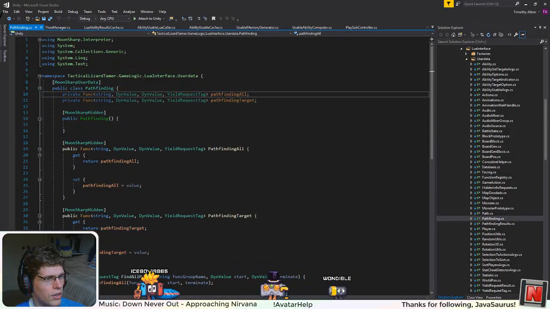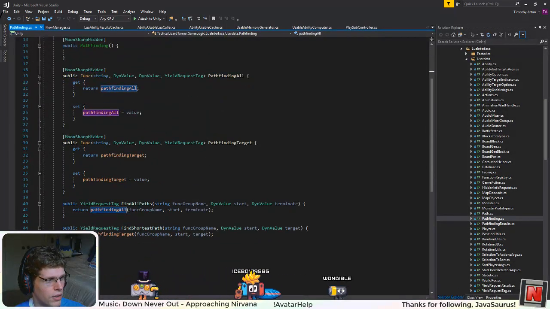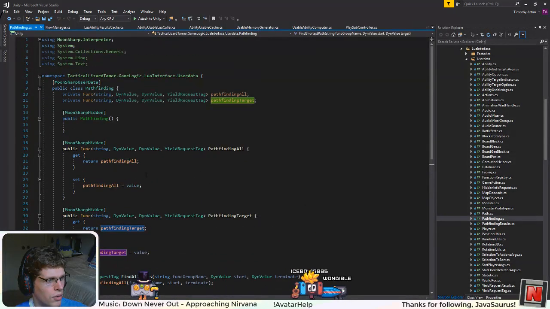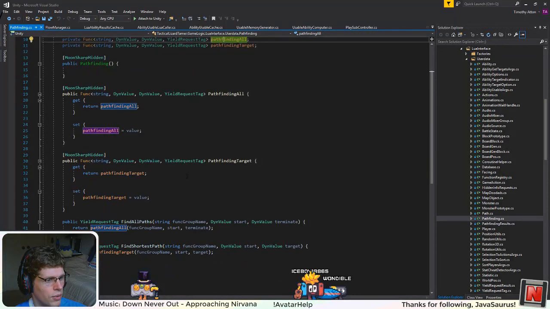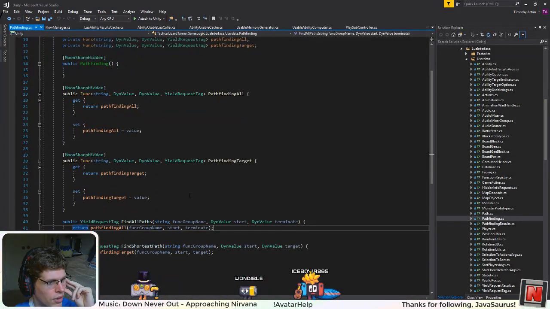Okay, yeah, so right now all I do is deposit functions in these variables, and then the Lua pretty much directly calls them. Or it doesn't directly call them because I just pass it through here, but I don't really like this pattern anymore, so I think